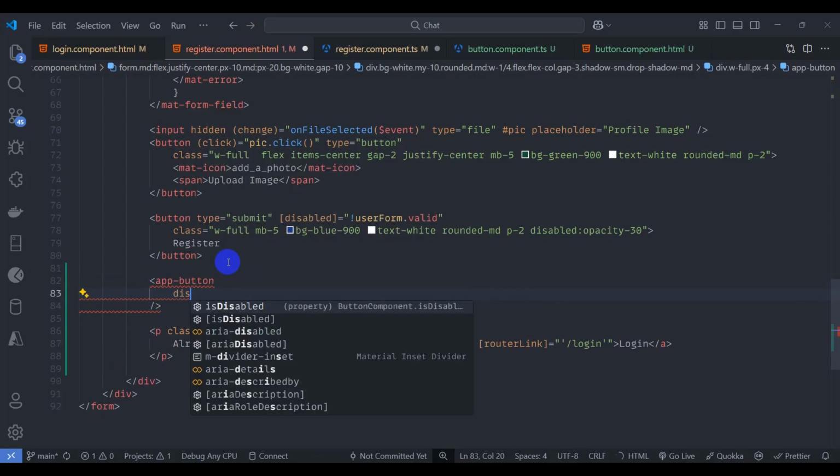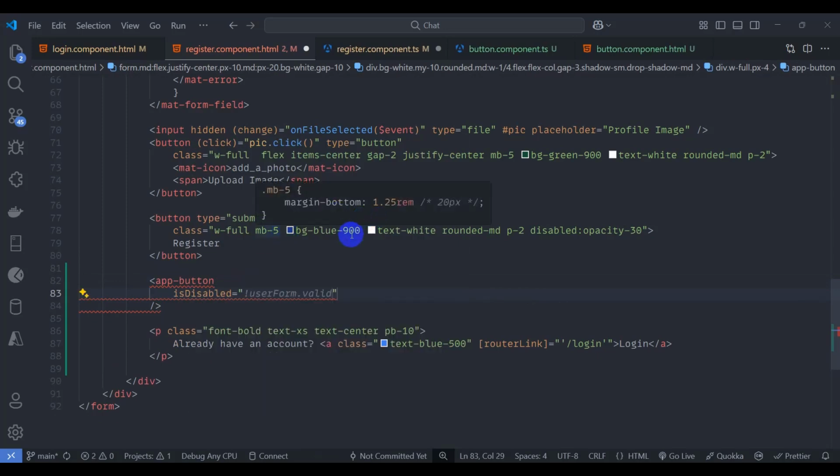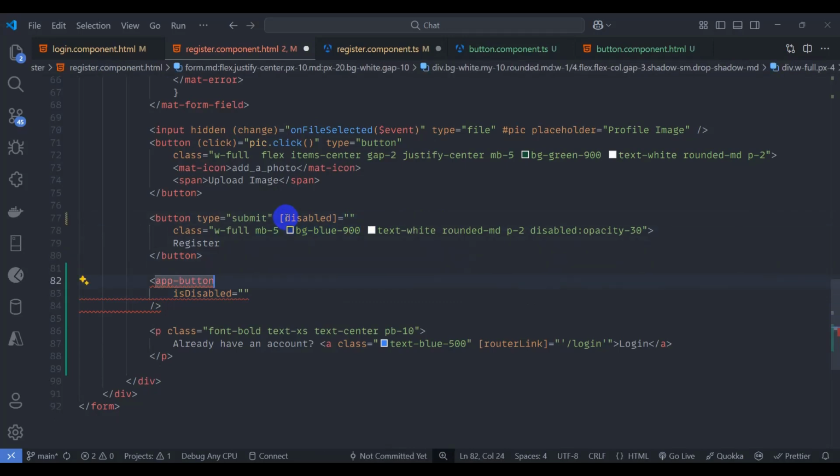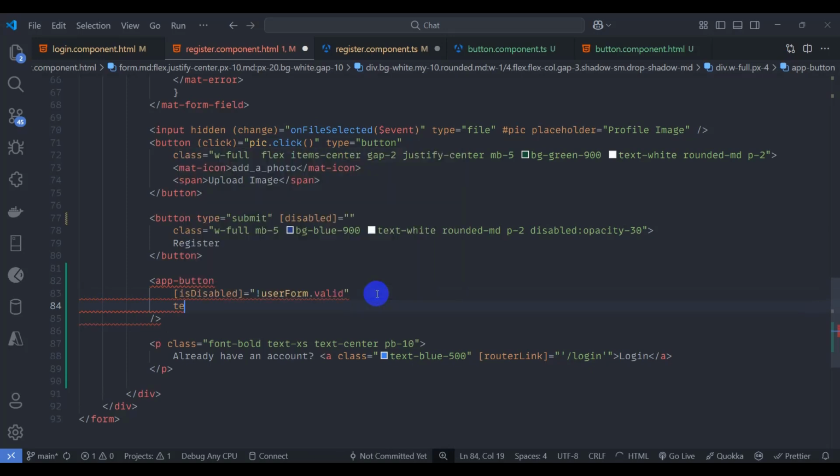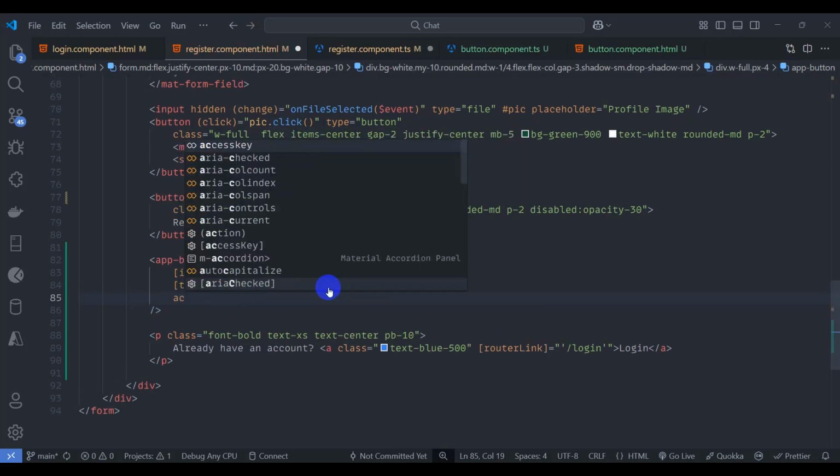Here let's pass disabled. Let's copy this from here and pass here, and text, let's pass text here, register, and bind action